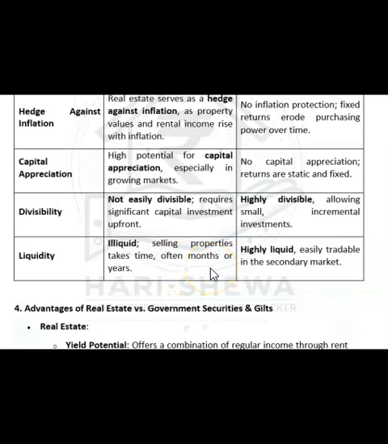आपको प्रॉपर्टी सेल करने का मार्केट वैल्यू, अच्छा वैल्यू मिलने में टाइम लग सकता है, 5 to 6 months और समटाइम्स ईयर आल्सो, मोर देन ईयर आल्सो। पर this fixed deposit is highly liquid, easily tradable in secondary market. गवर्नमेंट सिक्योरिटी है तो आप इजीली ट्रेड मार्केट में कर सकते हो। फिक्स डिपॉजिट से जब चाहिए पैसा निकाल सकते हो। आपको कुछ फाइन लगेगा 1%।